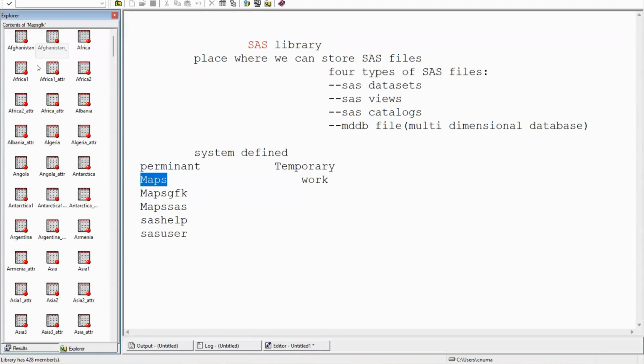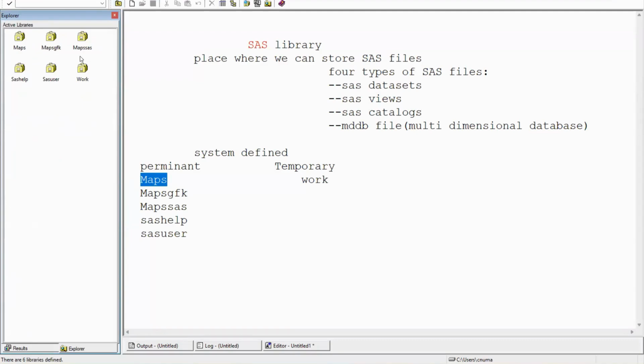See, here also we have geographical data: Afghanistan, Africa 1, Albania, Algeria, Angola. In this way, we have geographical data. Again, if you want, you can use these data sets in future for practice purposes. I want to go one step back again. If I click on this, I'll go one step back to the main page of the libraries window, and we have